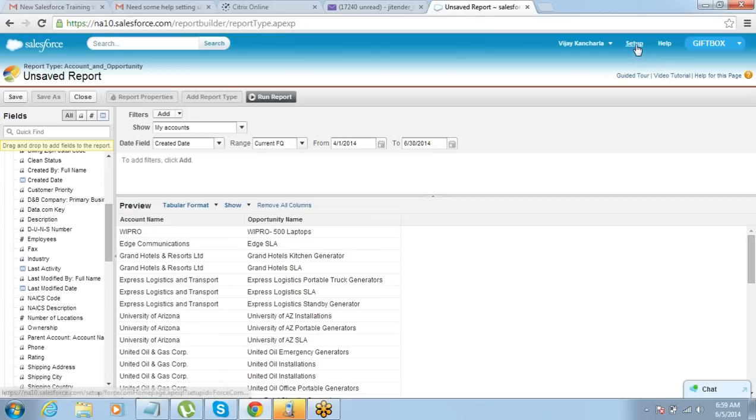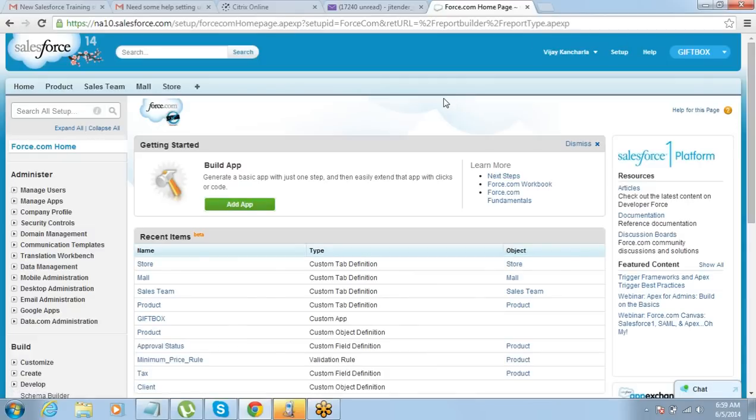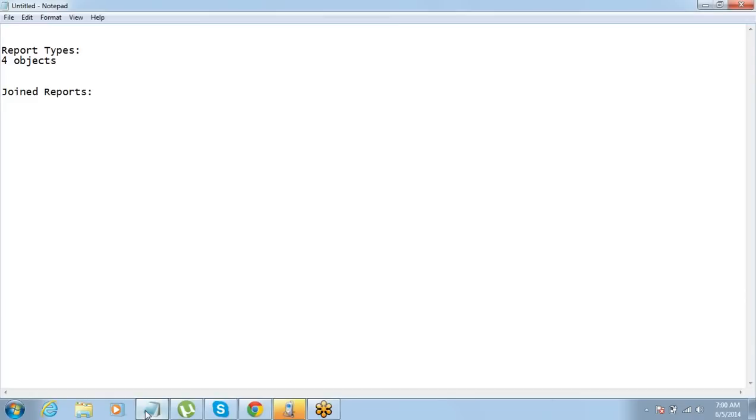For creating a joint report, before I actually get into the joint report thing, let us understand this. See, in case you need multiple report types on the same report,